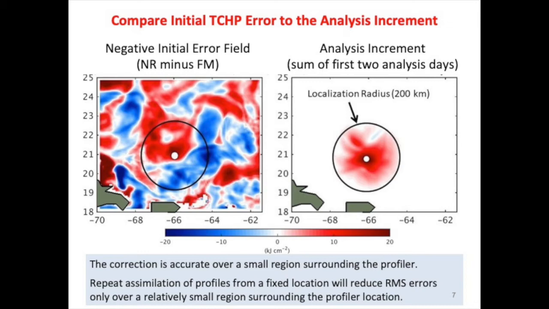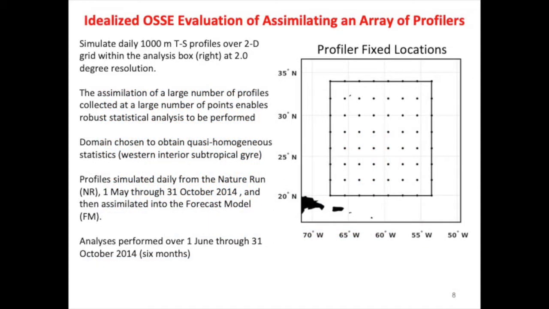And what you see, of course, is limited in radius from the profiler itself, but also, if you look to the south and southeast of the profiler, you see the correction actually has the wrong sign. So you expect errors in the correction to increase fairly rapidly away from the profiler. Next slide, please. But to look at this in more detail with more rigorous statistical analysis, I'm looking at